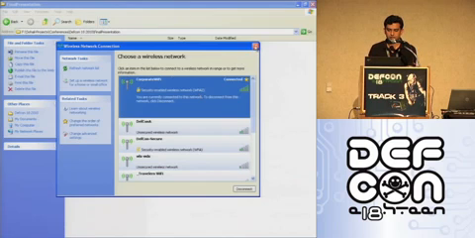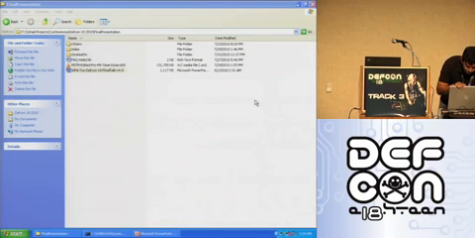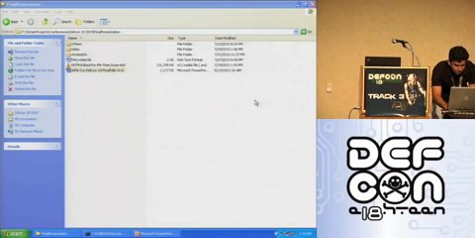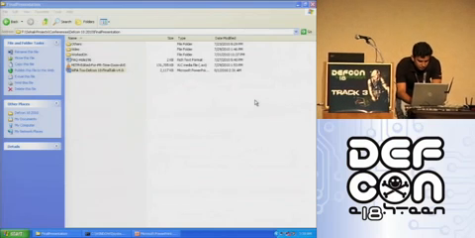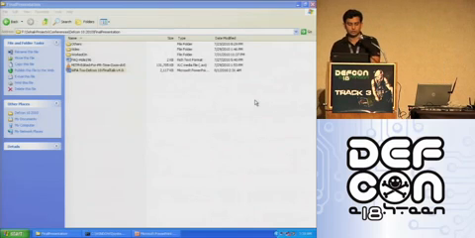Okay. So I'm going to access my attacker machine with the help of VNC software so that you can also see what's going on on the attacker machine.